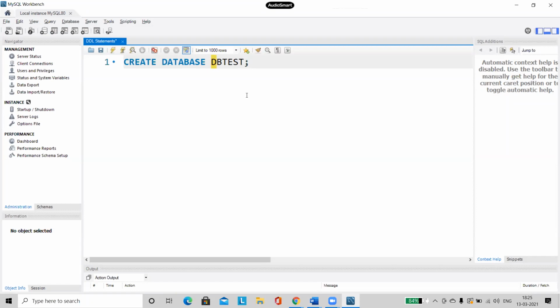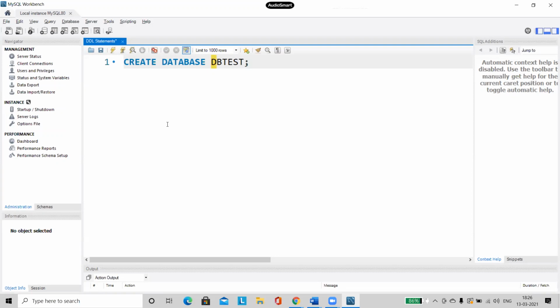Now another point I was coming to tell you is, okay, let me run this. So I want to run this query. Before running this query, I just wanted to tell you one thing. I told you that I will suggest some online compilers where you can practice all these commands. Remember one thing, in the online ones, you cannot create a database. You can create tables and all, but they will not allow you to create a database. So if possible, try to install the software, it will be much better, right?